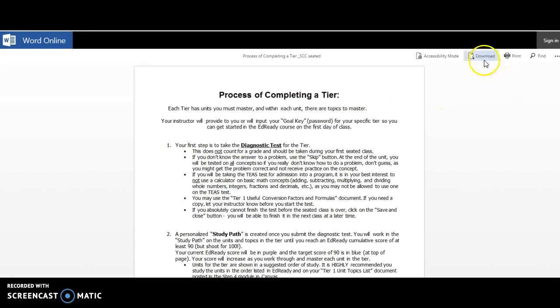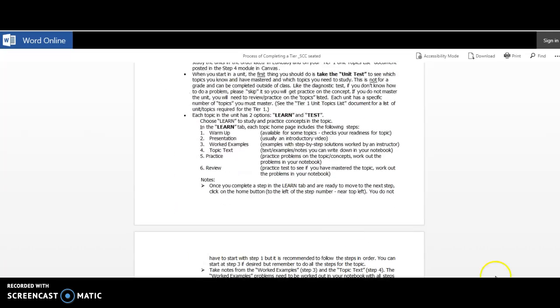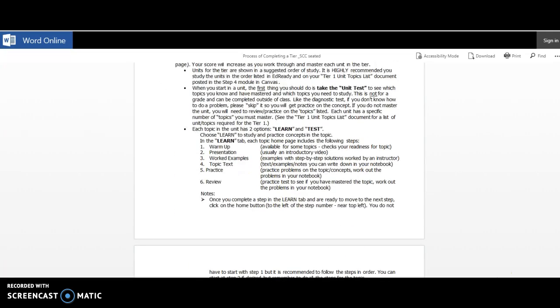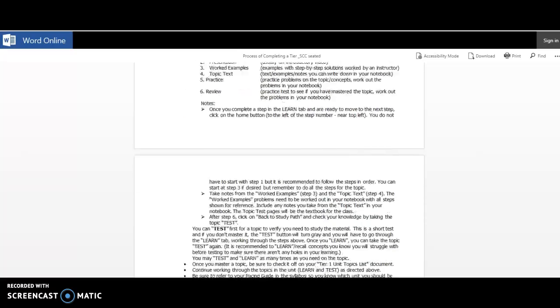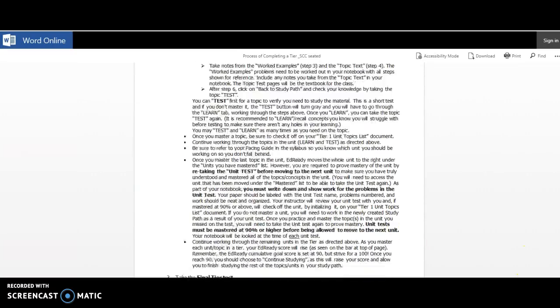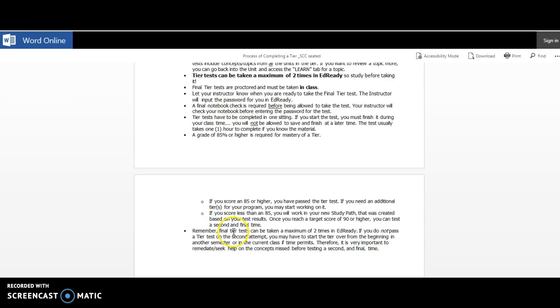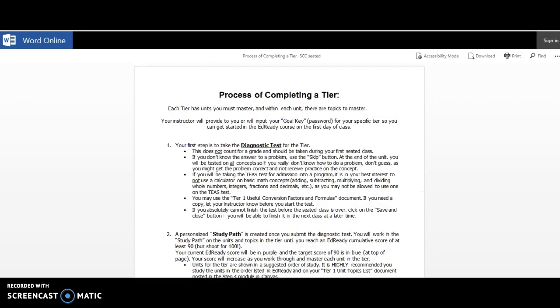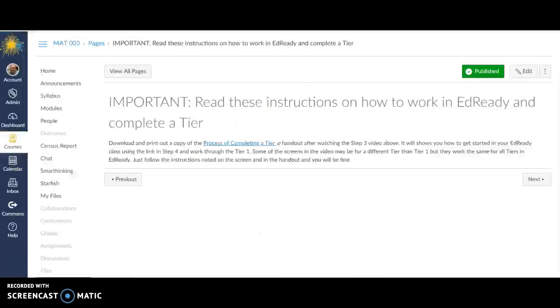So again, download a copy, or I highly recommend you print it out, so as you're working through the process of completing a tier, you can see the steps that you need to complete all the way down through the diagnostic test, the learn and test part, which is the unit information. Then you'll go down to how to do the final test, and then all the scores required to be able to pass a test or pass the units information. So again, once you do that, just close it out, go to the next step,